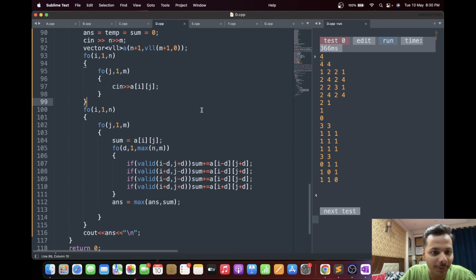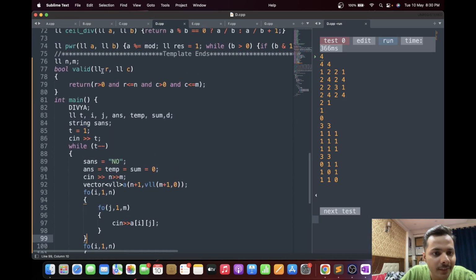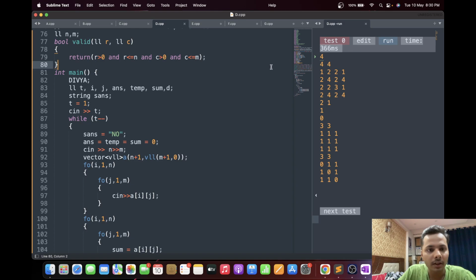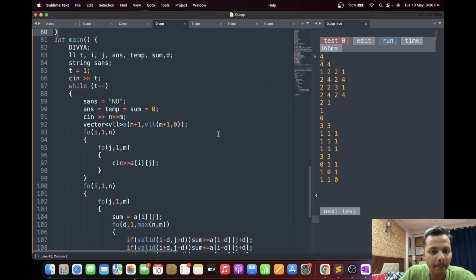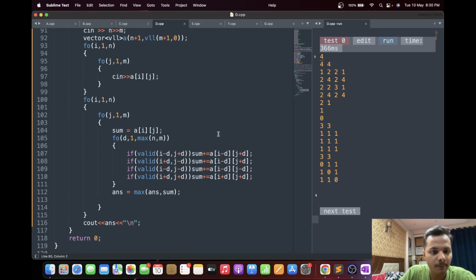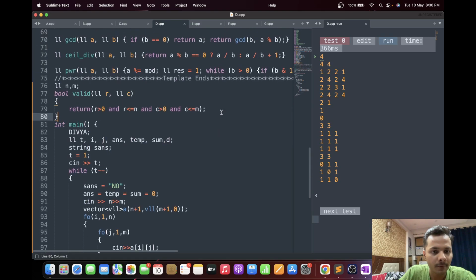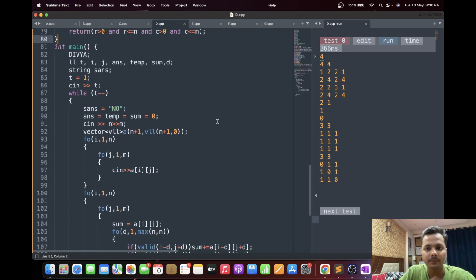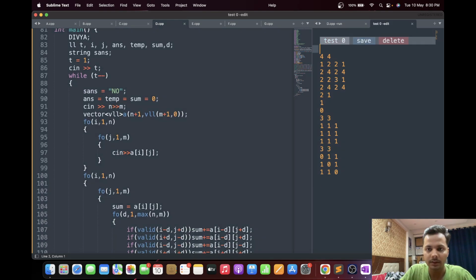Okay, so what's going on here now? R greater than 0, R less than or equal to N, C greater than 0, C less than or equal to M. Sounds okay. Okay, let's see.